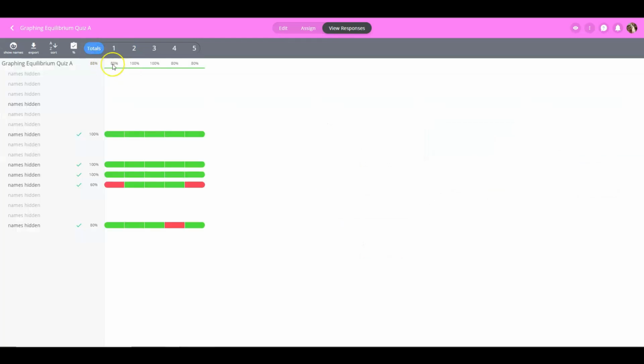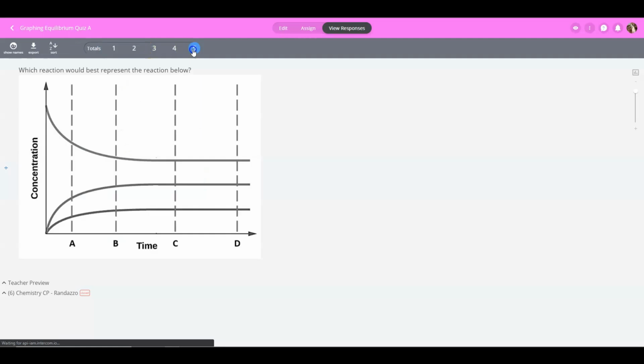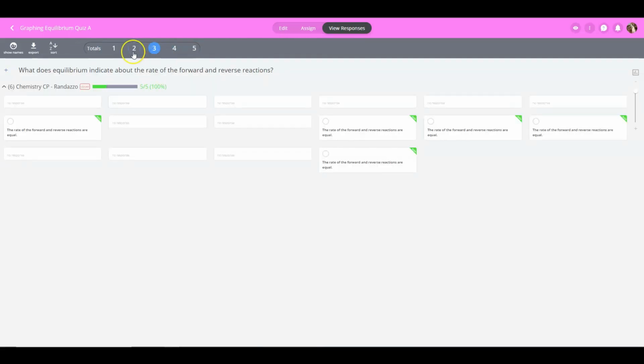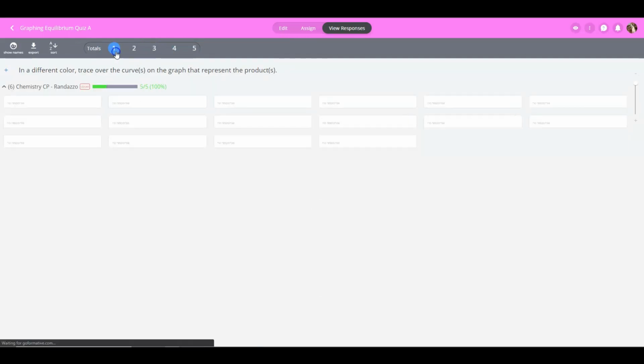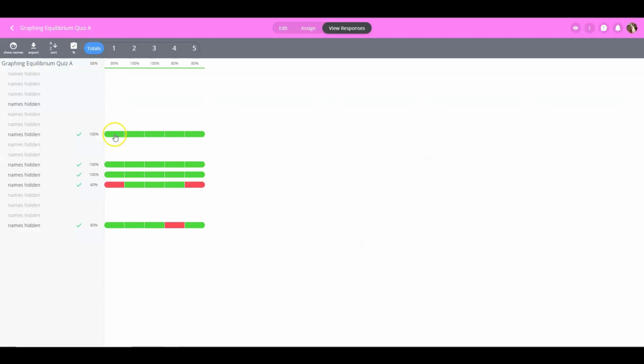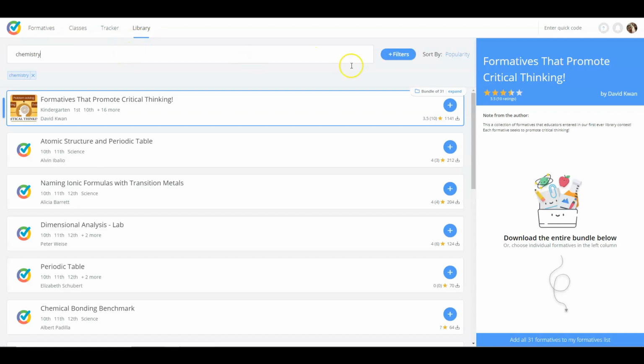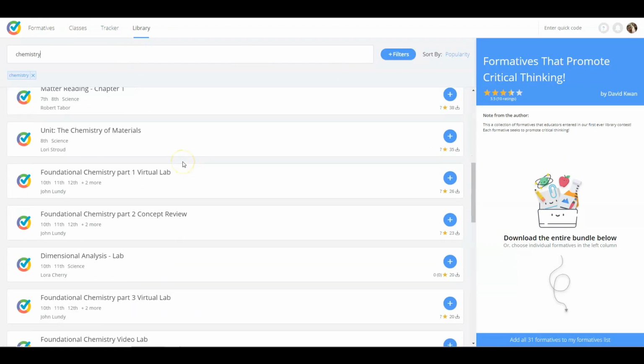And then just to monitor how many questions the students have gotten through, you can also see there, you can go through and you can count how many questions. Now this was a 5-question quiz, so I was able to see which questions they visited and which question is taking a long time, and that way I can ensure that my students were able to finish this in a timely fashion. One of the other really great things about GoFormative is that you can actually search their library for